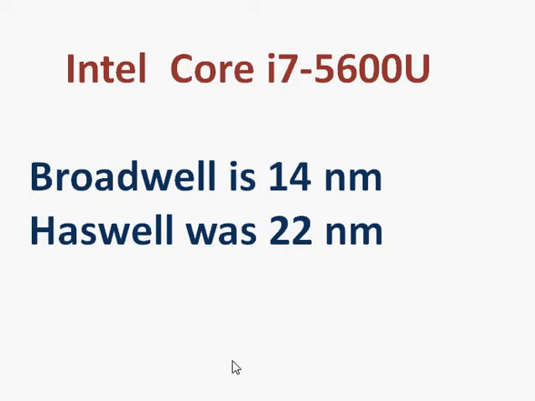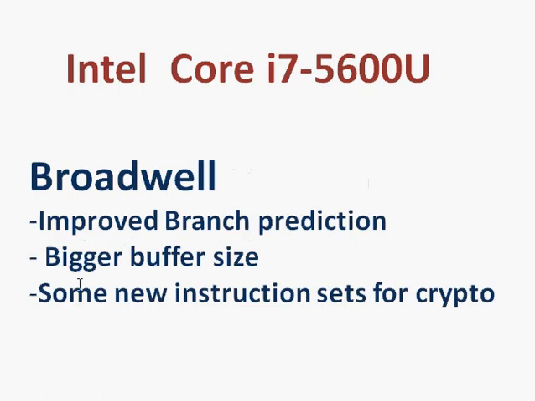So Intel works on its new fabrication facility every 2 years, and this time it's basically a process improvement from 22 nanometer to 14 nanometer, which brings the power envelope improvement. So basically, we get the same processor performance at lower power consumption. Intel has used most of the available processor to improve its graphics section. Though on the CPU side, Intel has done a little bit of work on low-hanging fruits, including improved branch prediction